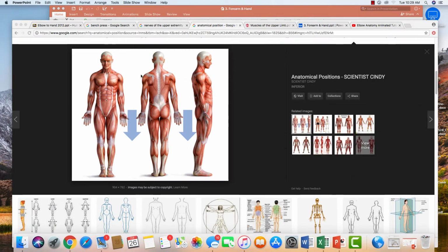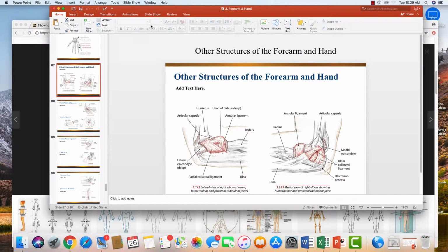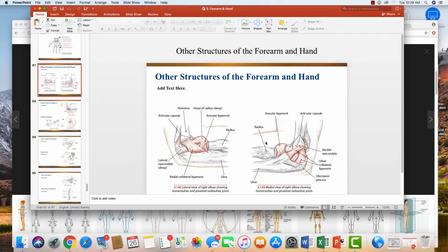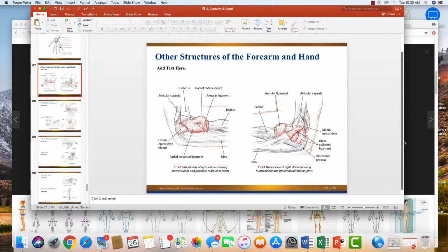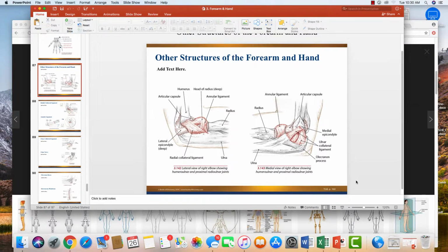I'm going to close this one out. This picture I also really, really like. We didn't cover this a lot in class today, but this is in your trail guide. I think it is page 160 is what it's saying down here, but we'll take a look at that. But take a look at this because it just does a nice job of showing the bony and ligamentous anatomy